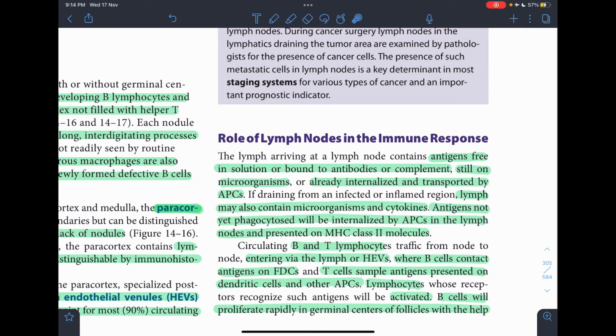So they move from node to node. They enter the nodes via the lymph or HEVs, and once they enter, the B cells contact the FDCs, and the T cells sample antigens presented on dendritic cells and other APCs. The lymphocytes whose receptors recognize such antigens will be activated. So the activation of lymphocytes is when they recognize antigens, and the B cells will proliferate rapidly in germinal centers